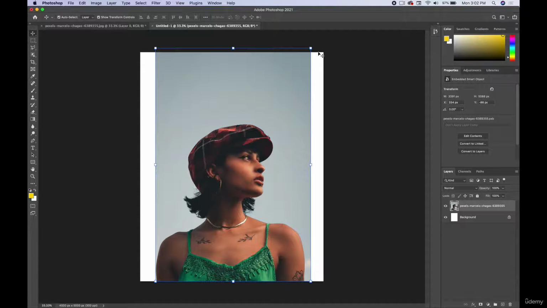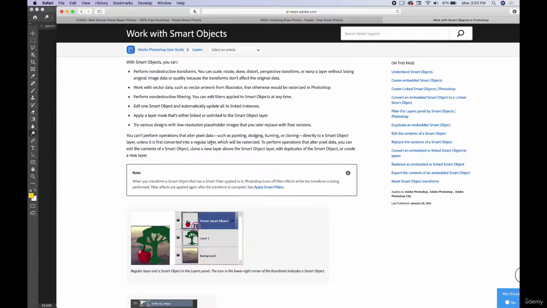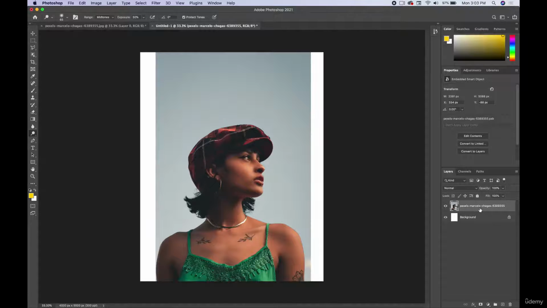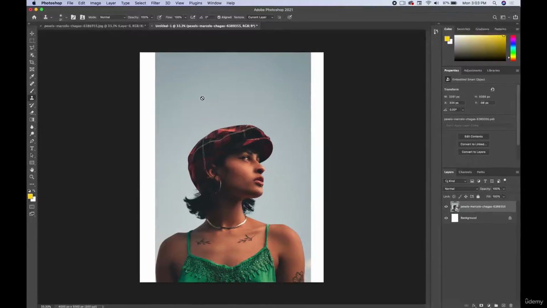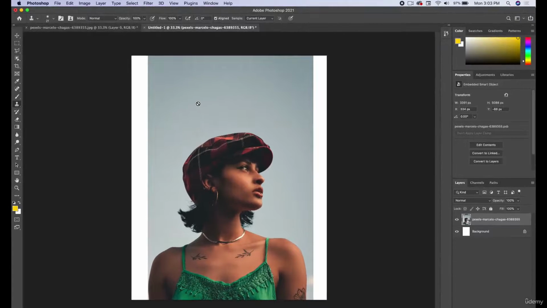There are other things you can't do with smart objects, so anything that directly edits a pixel. So there are dodge and burn tools here. There are a couple other tools. There's painting, there's cloning. If you ever wanted to clone a smart object, if I went over to my clone tool, and don't worry, we're going to be going over this, you'll notice I have this little no sign, this little cannot perform operation sign. So I click,